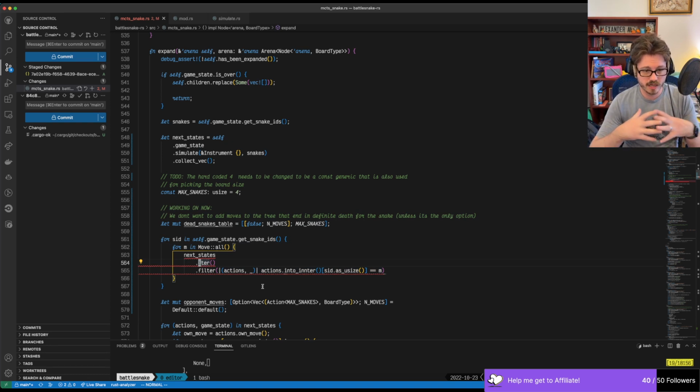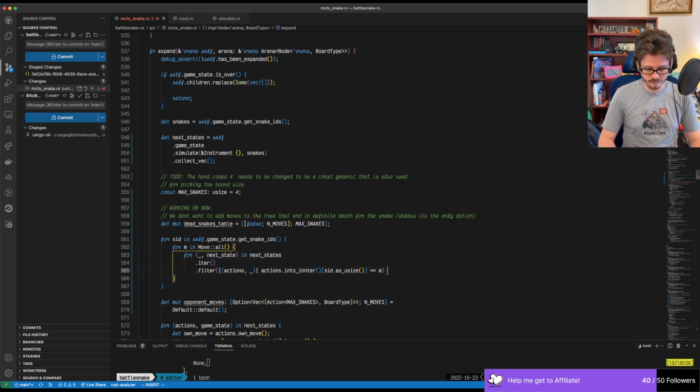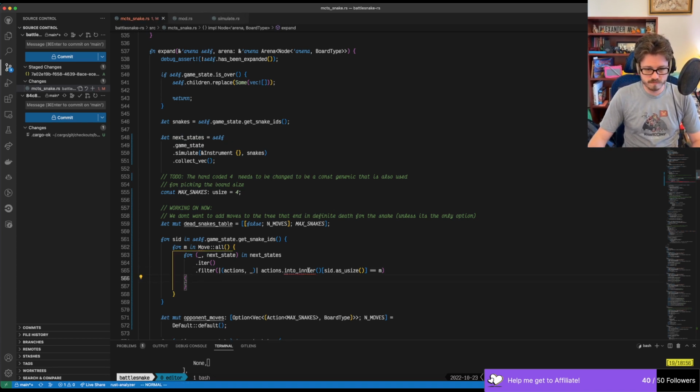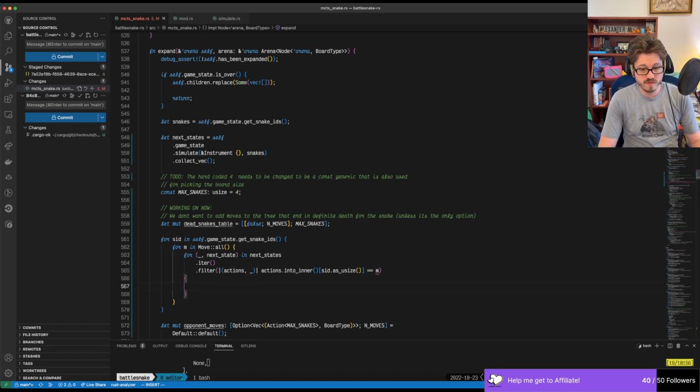So, I'm looping through, and I am finding, for each snake, for each move, are they dead? Yep. So then I want to do for underscore comma next state in four moves. Four actions where you take that move. Yep. Okay, so now next state dot